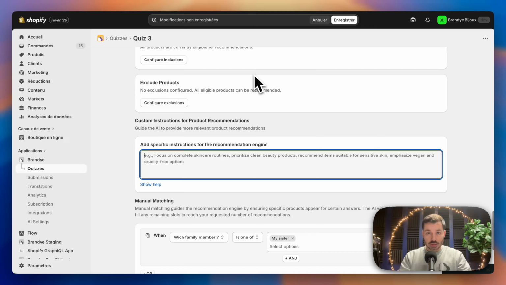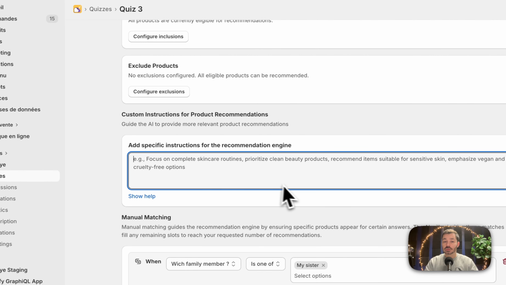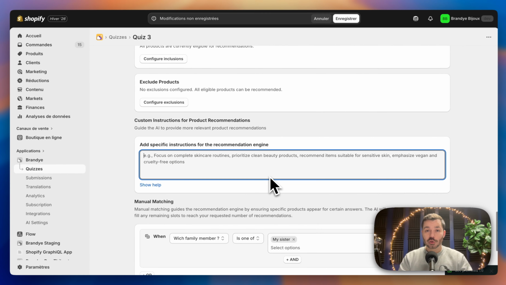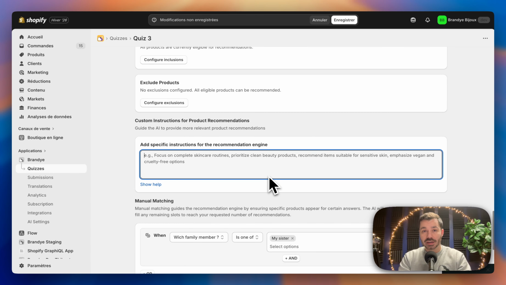Hey, so you have set up your quiz, but there is one more thing you can do. It's all about AI. What does it mean? As you can see on my screen, there is something called "add specific instruction for the recommendation engine." Here, you can directly talk to the AI and ask the AI to get a certain behavior or to push